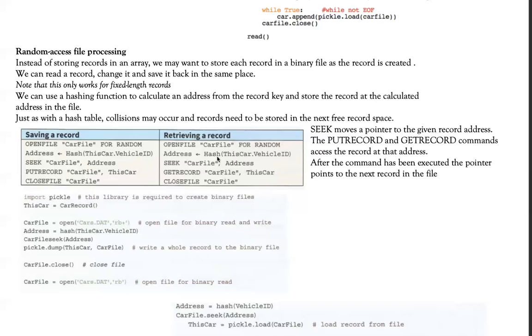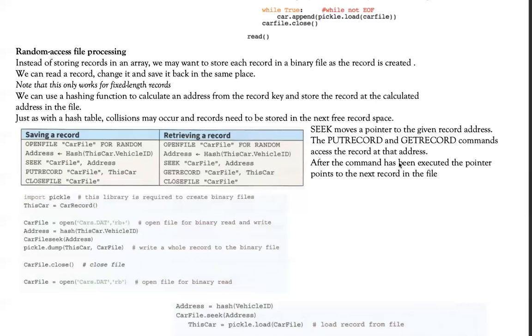So basically, it's the reverse of the process. Instead of storing data from a variable to the hard disk, I'm retrieving data from the hard disk into a variable in memory. Seek moves a pointer to the given record address. The put record and get record commands access the record at that address.